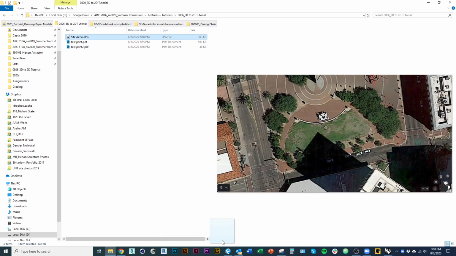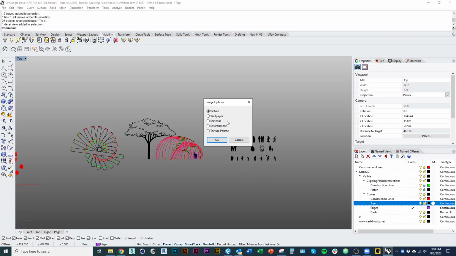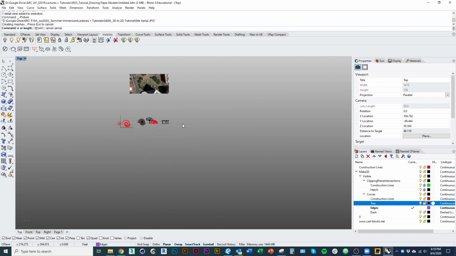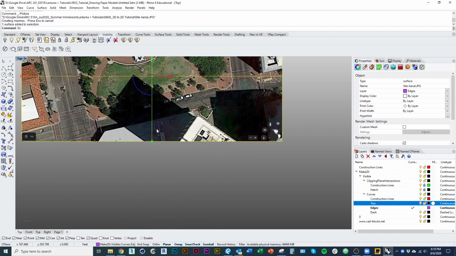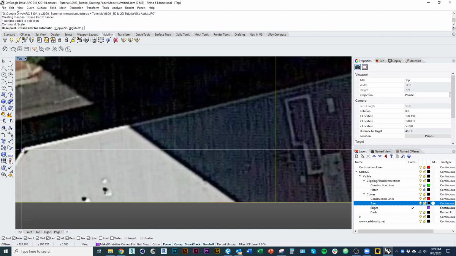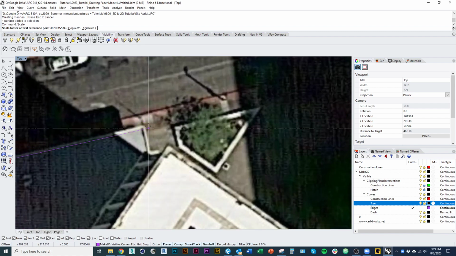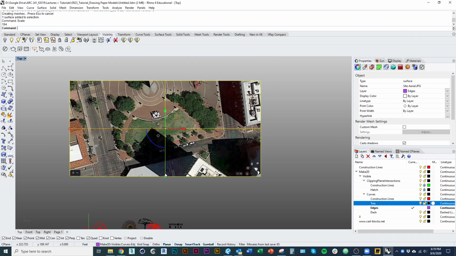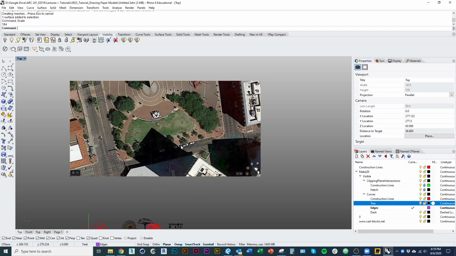that image. Place it as a picture. First of all, I'll just place it somewhere. Then I'll grab it and scale it. So type in scale. We'll go from that same edge that I measured in Earth. 194. Okay. And so, you should already have kind of some degree of